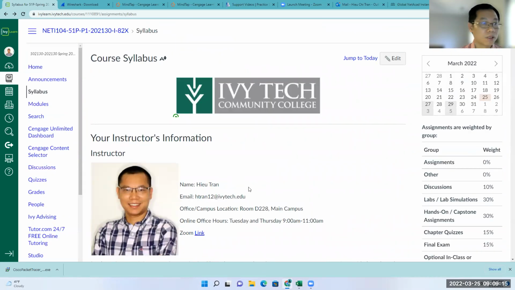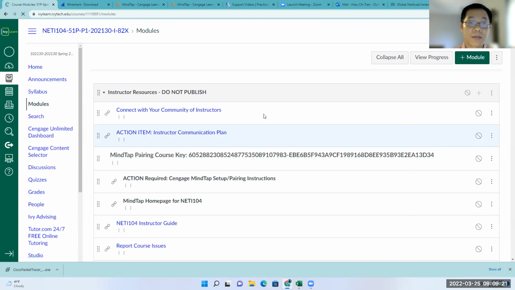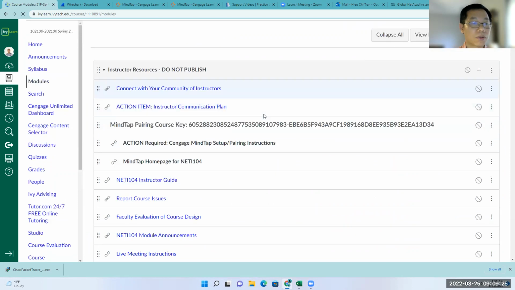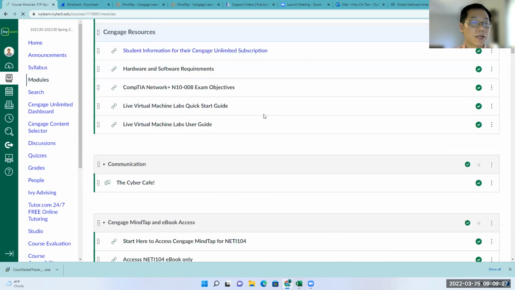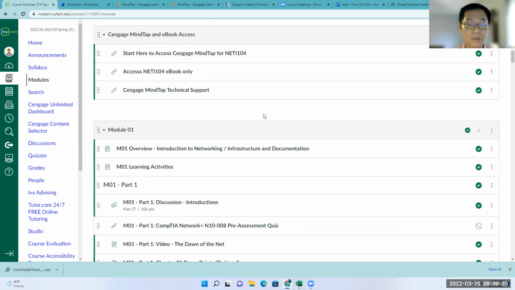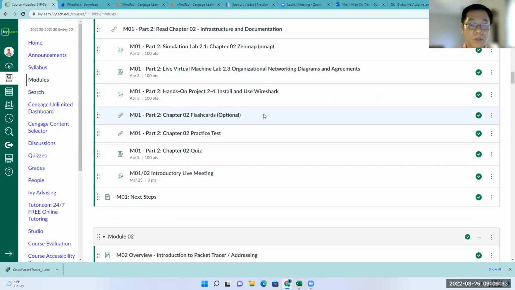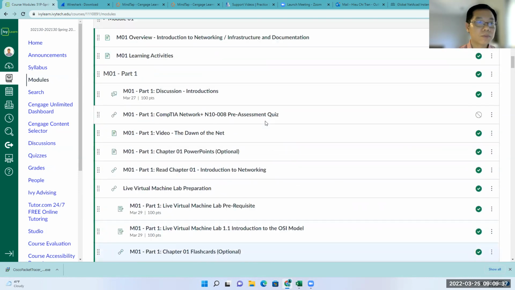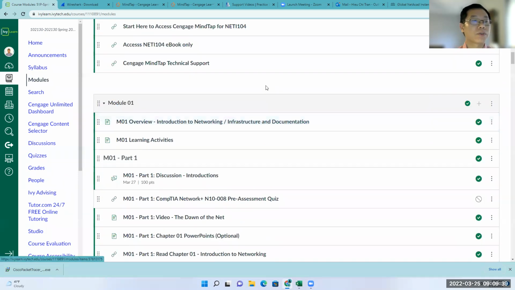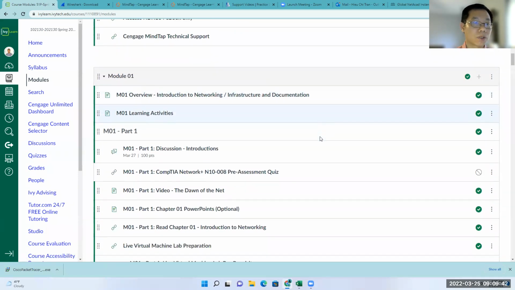Okay, so now I will go to the modules. That's everything you have to navigate before you work on the assignments. When you scroll down in this class, it breaks down into 8 modules. You have module 1, module 2, and so on until module 8. So when you go to each of the modules,